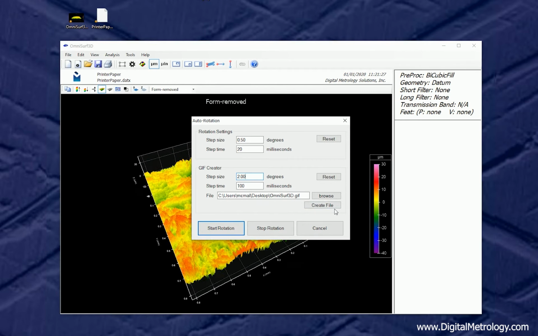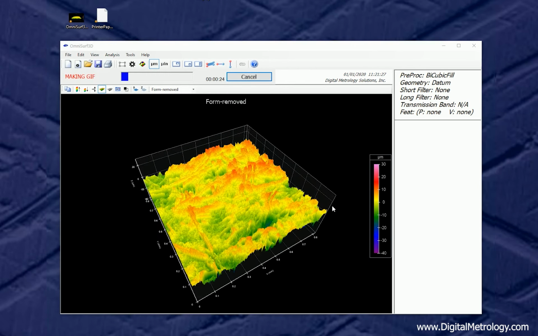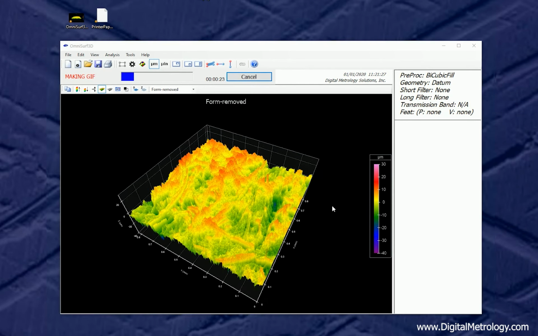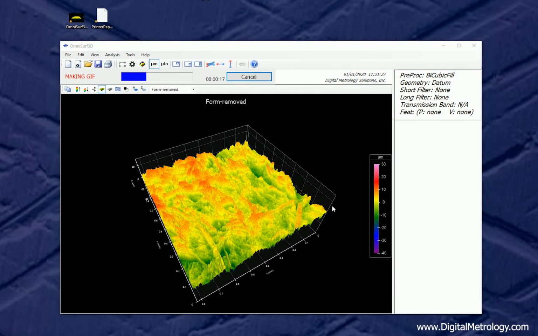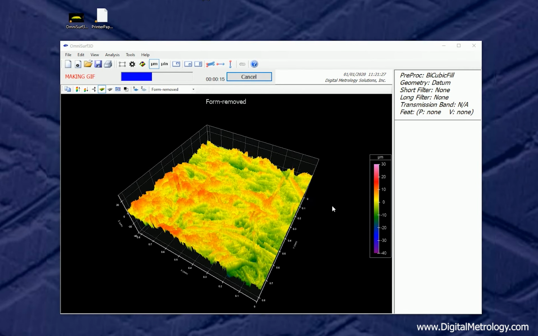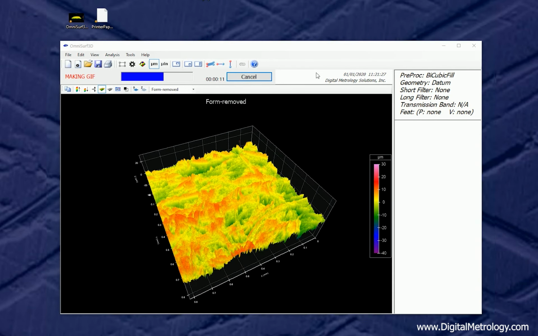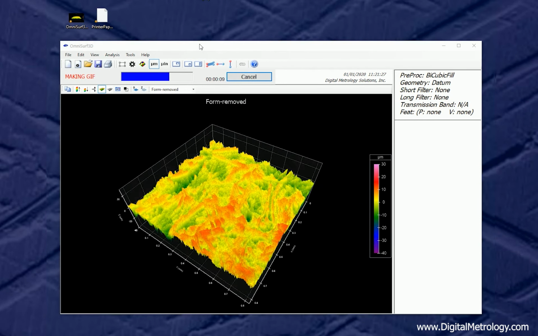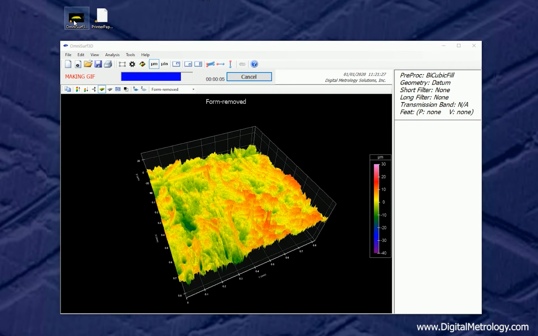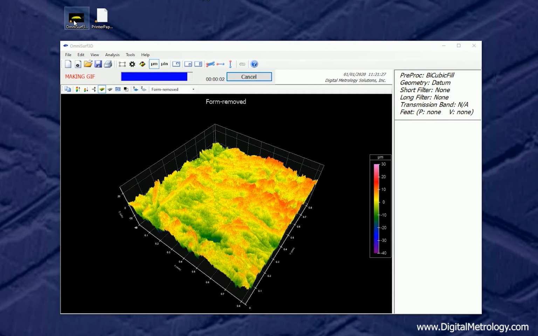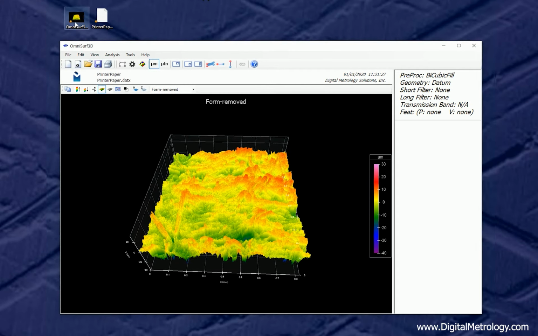And I'll go ahead and save that to the desktop. Let's create a file. Now this file creation is going to actually render it out to the screen and capture it. This is the fastest possible way of creating these rotating image files. So let's watch this take place here, and we'll notice we have about 13 more seconds to go. Now I'm currently saving this right to my desktop on top of an old one, so we'll watch this icon update here in about 3 seconds. And 2, 1, and we're done, and the icon just updated.